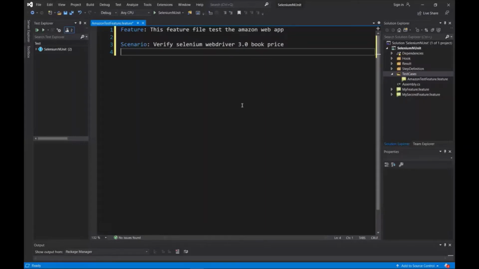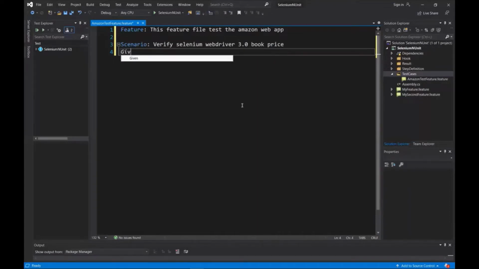Now to write steps in a scenario, we have to use the Gherkin keywords like given, when, then. Each step must start with these keywords. These steps will be executed in the same sequence as we write them. When SpecFlow runs these steps, it looks for the matching step definition to execute. Step definition of a step contains the actual code which has to be executed.